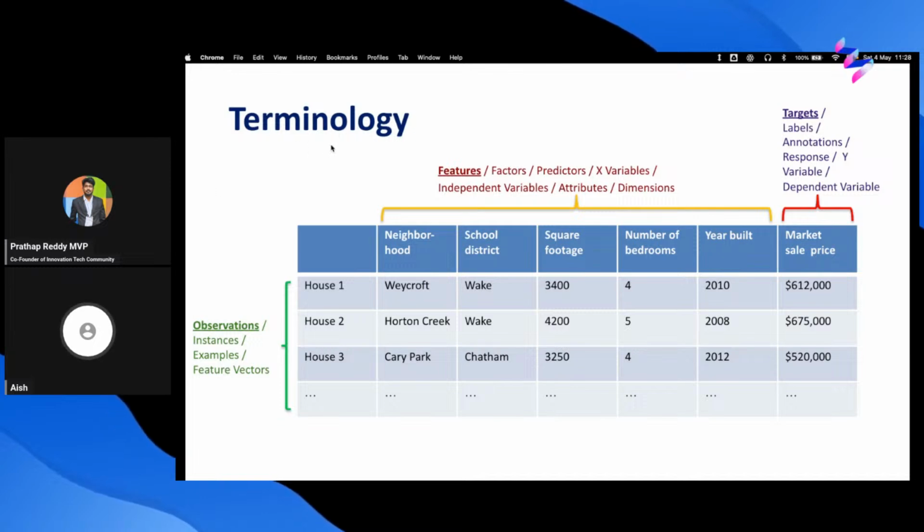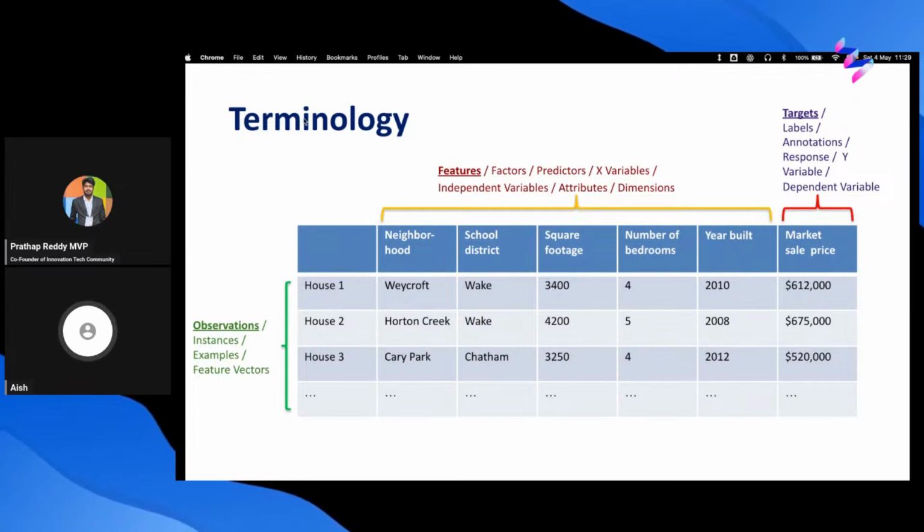So now when it comes to terminology, you will see that the samples which we take, house number 1, 2, 3, are what we call observations. And then we have these things that the pricing of houses depends on: the neighborhood, the area, the bedrooms. These are examples of features, which we also call dimensions or attributes. And then there is the target, which is the final answer. This is the house in this locality, this much is the area, these many bedrooms, and this is the price for that house. So these are your target variables.